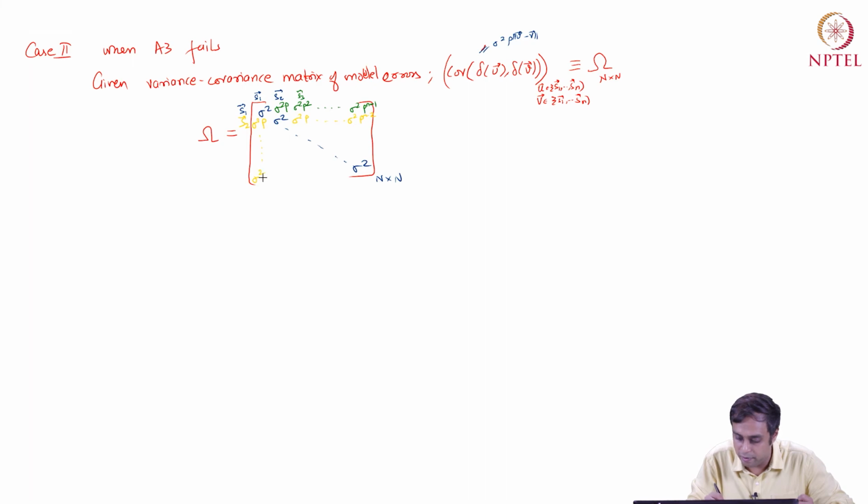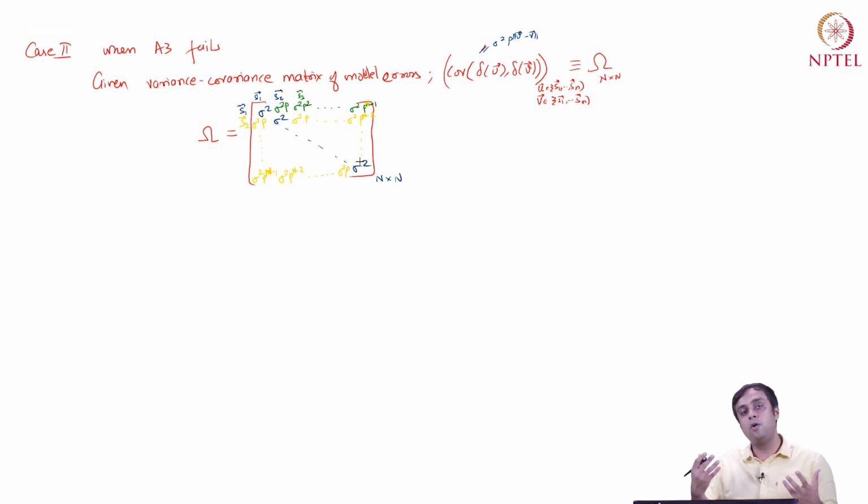The first term here will be sigma squared rho^(N-1), which is the difference between capital N and location 1, and you will have capital N's everywhere. I hope this is clear. Then sigma squared rho^(N-2), keep going, sigma squared rho, and so on and so forth.